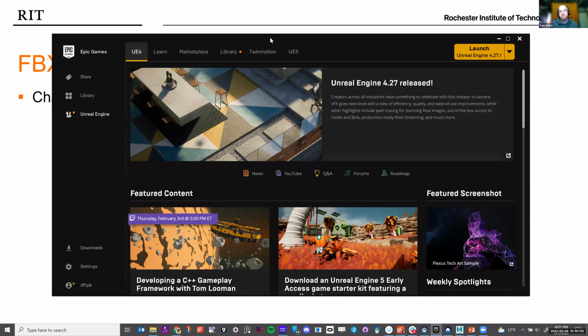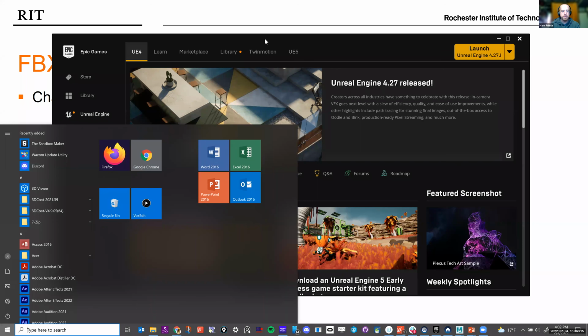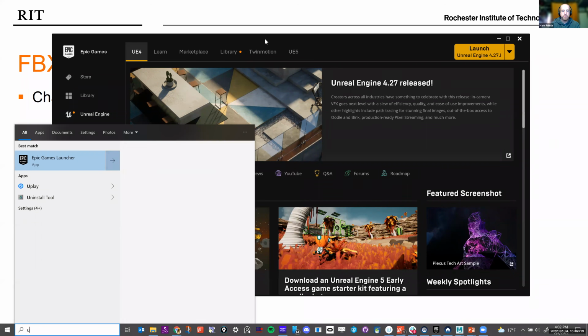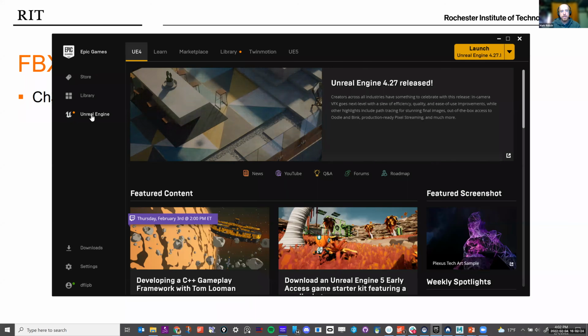are at RIT, maybe in the labs or something, we do have this situation that the way they install is that when they update the computers, sometimes the new update doesn't recognize that the version of Unreal is already installed. So when you first open up Unreal, you just open up the window key and just type Unreal, and then the Epic Games Launcher comes up, and that's what this is, the Epic Game Launcher.